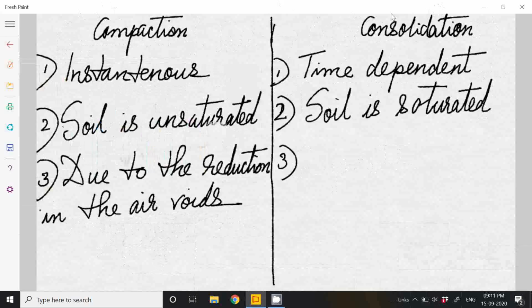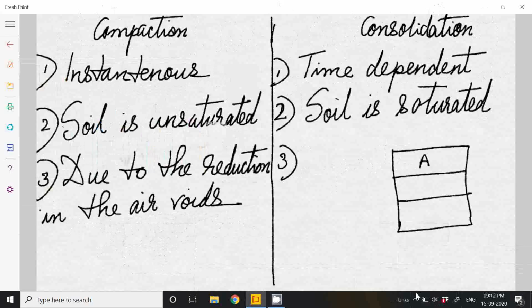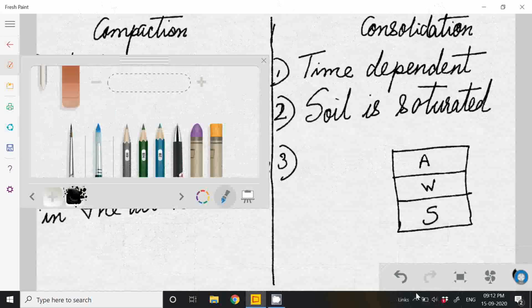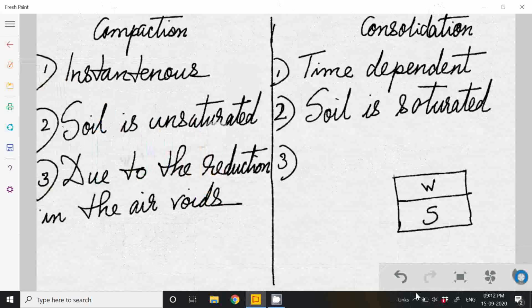And number three, consolidation is due to expulsion of water. First, this is the soil sample: air is there, water is there, then solids are there. So when there is compaction at first, the air will move out, isn't it? Air will leave, so volume reduction happens. Then, over a long duration of time, what happens is